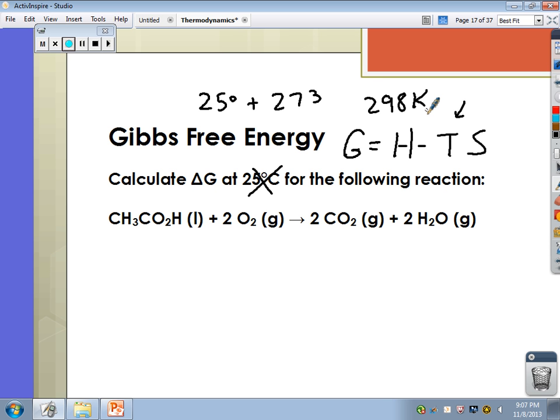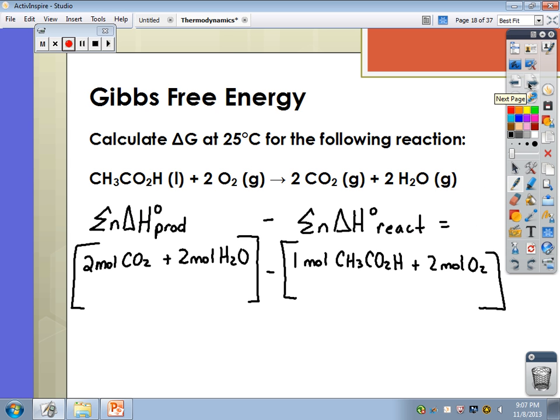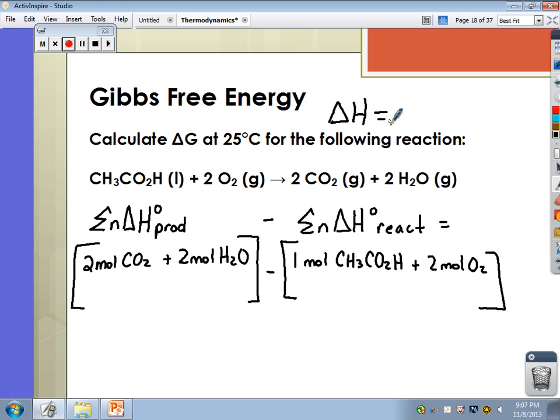Now, what don't I know? I want to find delta G. That means I need to find H, and I need to find S. Let's go ahead and do that. And I already have it set up here. I'm going to go ahead and go back to find delta H. I'm going to do my products minus reactants that I did before. And so the values for these